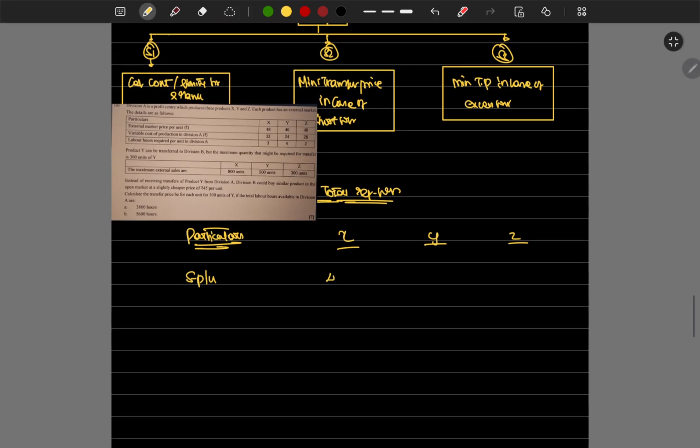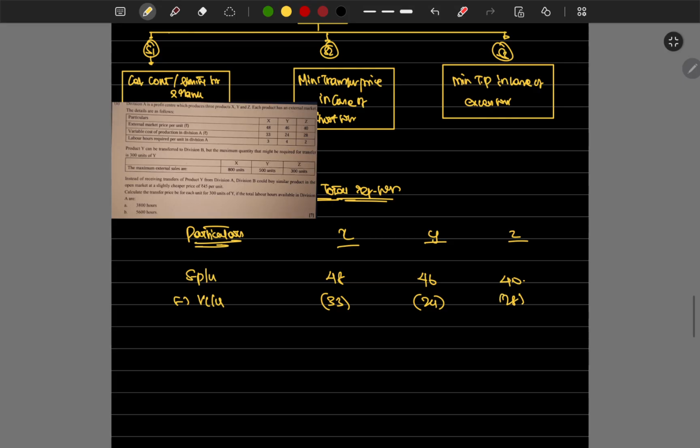Selling price per unit is 48, 46, 40, minus variable cost per unit, which is 33, 24, 28. What's the contribution per unit? 48 minus 33 is 15, 46 minus 24 is 22, 40 minus 28 is 12,